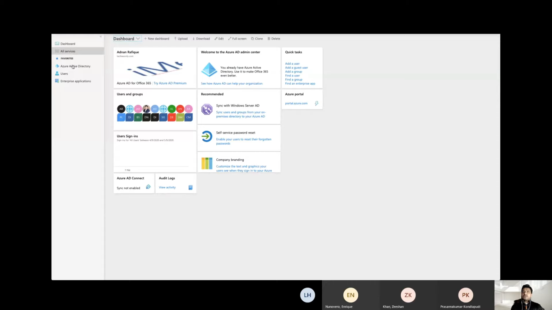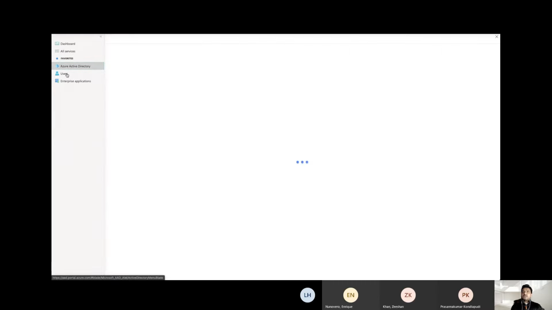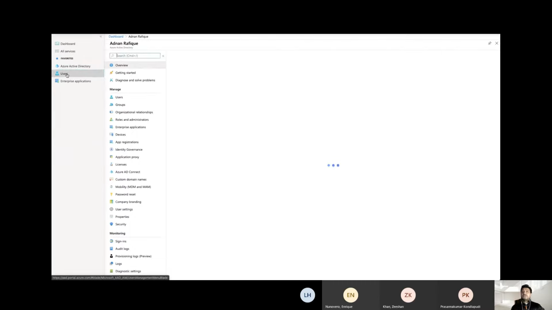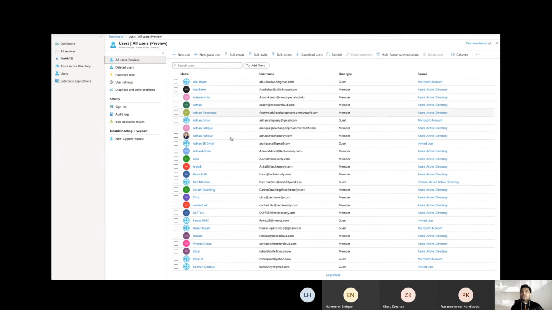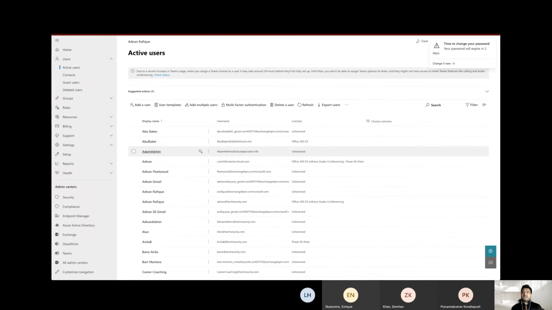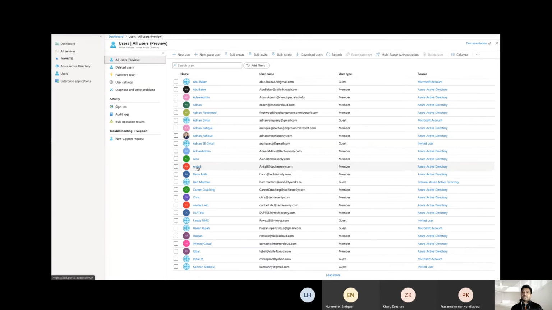And this is your Azure platform. Let me go to the users, basically. All right, so you see all the users are here. This Office 365 is SaaS, and it works on your directory. So this is your actual directory, and you can come and take any action. You can create a new guest user, like say if I want to invite somebody from Gmail outside my organization, I can do that. All that stuff. I can reset the password.